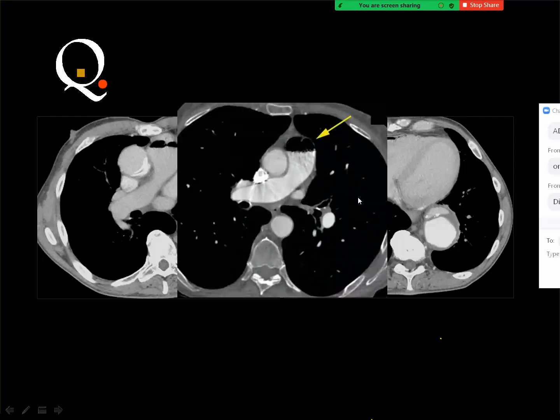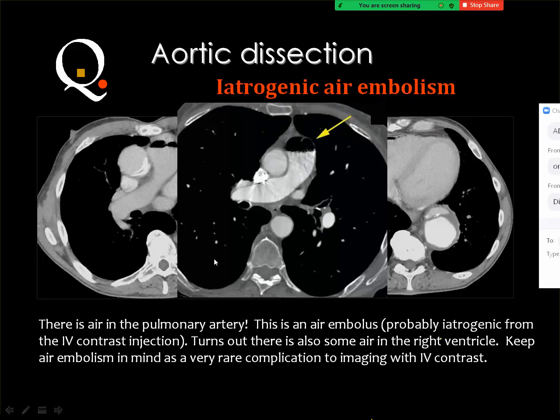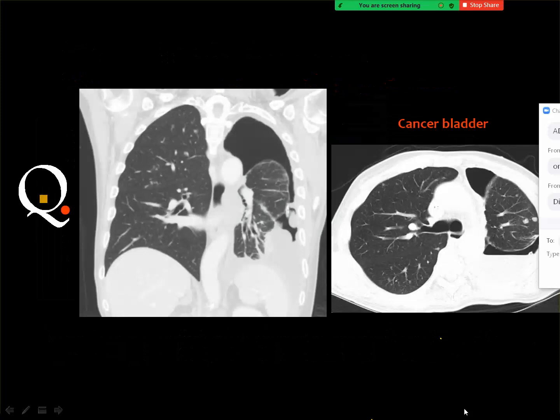You know that because of the use of the automatic injectors, sometimes the air is not actually emptied from the syringe. Then you inject air with the contrast material. It will accumulate in the pulmonary artery, and if it reaches a sizable, a good size, it may affect the patient's life. Then this patient with cancer bladder,